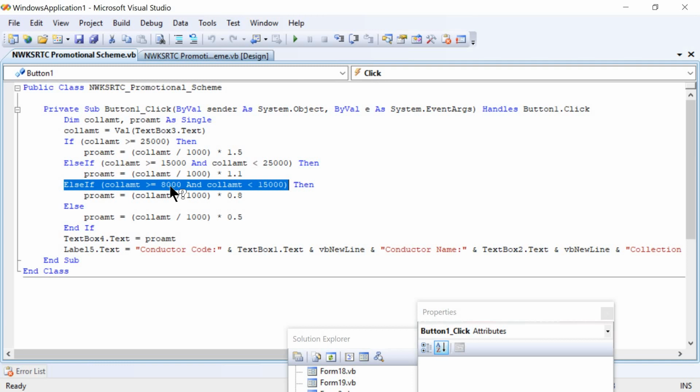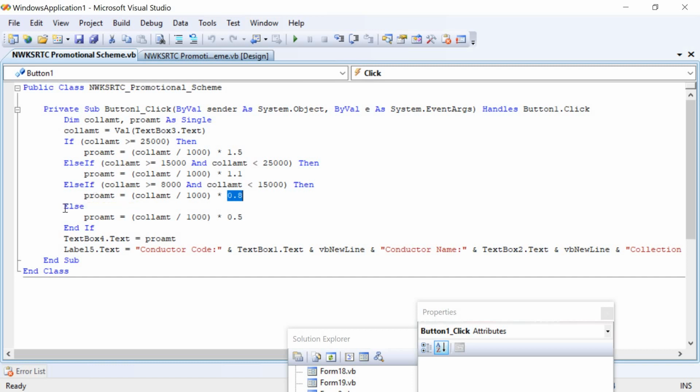Then promotion amount equals collection amount divided by 1000 into 80 paisa. This 80 paisa is written in the form of 0.8. Once this calculation is done, this will be stored in the promotion amount.